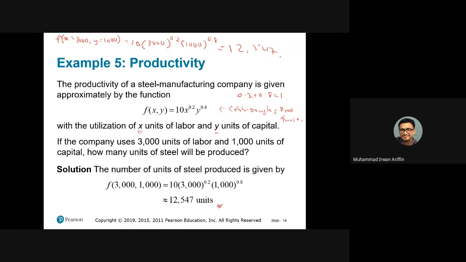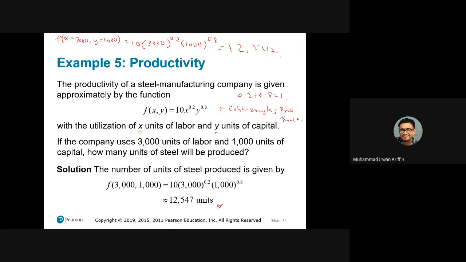That would be the example of how we apply this function with two independent variables. Please make sure you familiarize yourself, and be careful with regard to the operations, plus, minus, multiplication, division, when you are evaluating a function